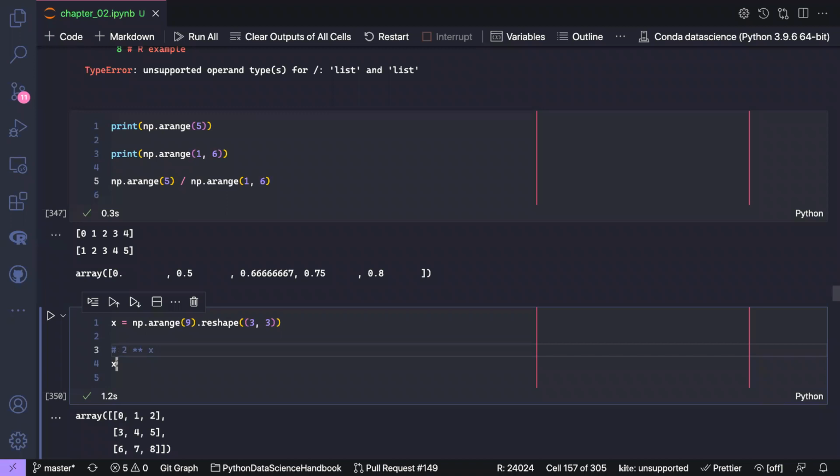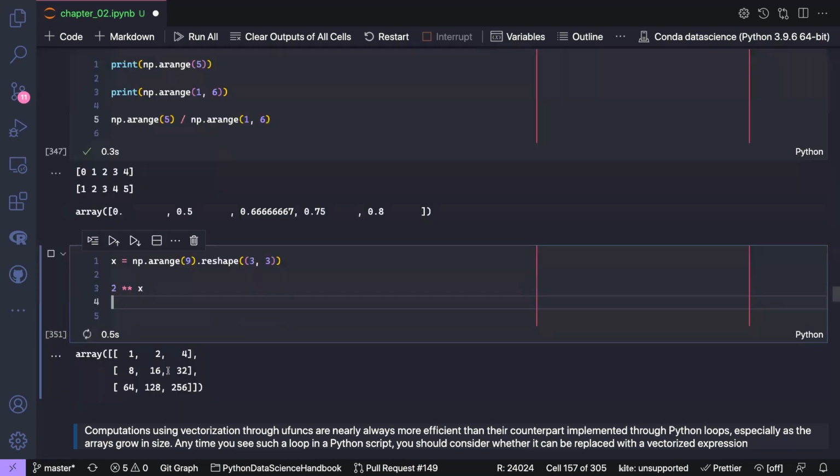But we can do 2 times this. When we say 2 times this, it means any element here will be multiplied by 2. Can you see any element is multiplied by 2? There is an idea of broadcasting that will come, but